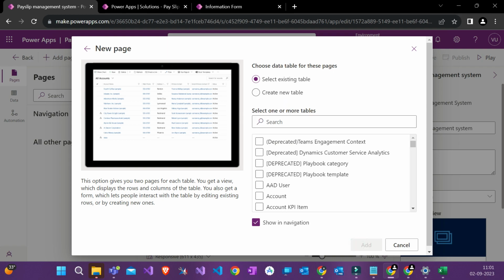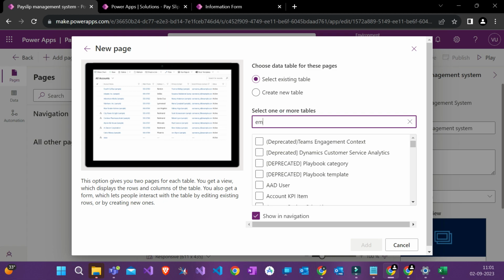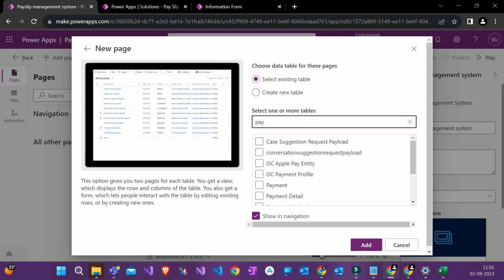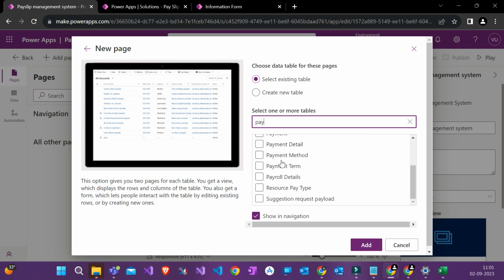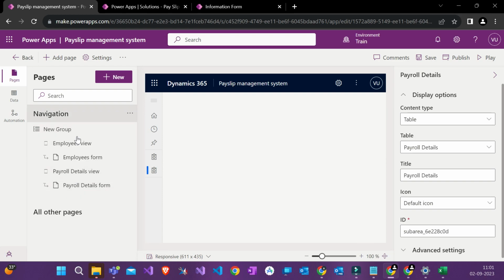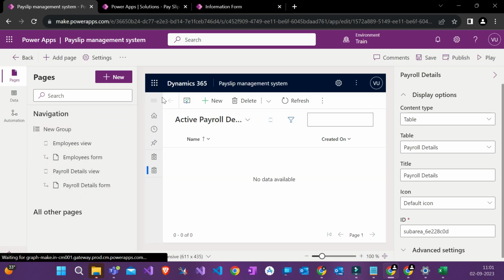We'll click Dataverse table. We'll select a table. What was the table name? It was employee and it was payroll, right? I'll click both and I will check show in navigation. Show in navigation means the left hand side. I'll show you. See I've checked it, okay? Show in navigation is checked. Click on add. In the left hand side of this app, this is our app, how it is going to look like. In the left hand side of the app you can see employee here, right? Employee and payroll details, it is showing up, which means show in navigation. This is navigation. Okay, now our app is done.